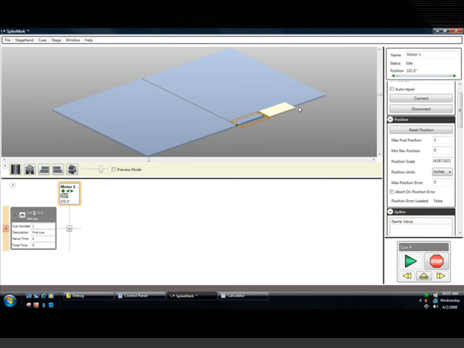Now that we have our scaling factor figured out, the next order of business is to determine the forward and reverse position limits. These are labeled max forward position and min reverse position. These values won't actually stop the motor from physically traveling beyond these numbers, but what it does allow us to do is to keep the operator from entering in values that are way off base. Basically, it protects you against entering a typo